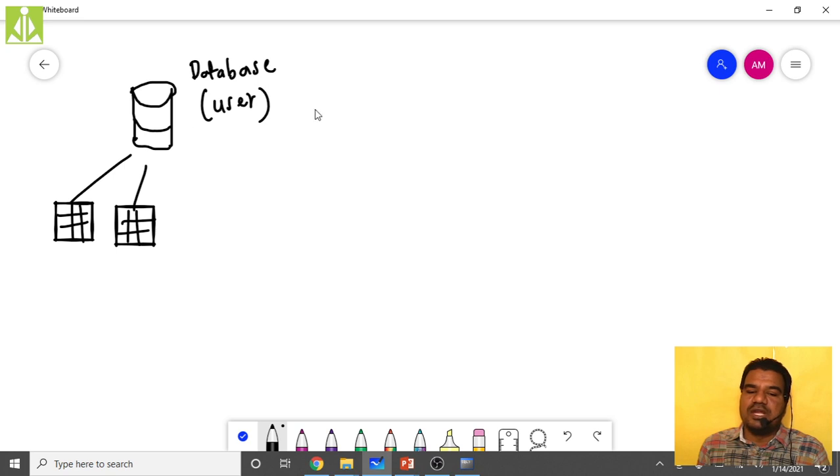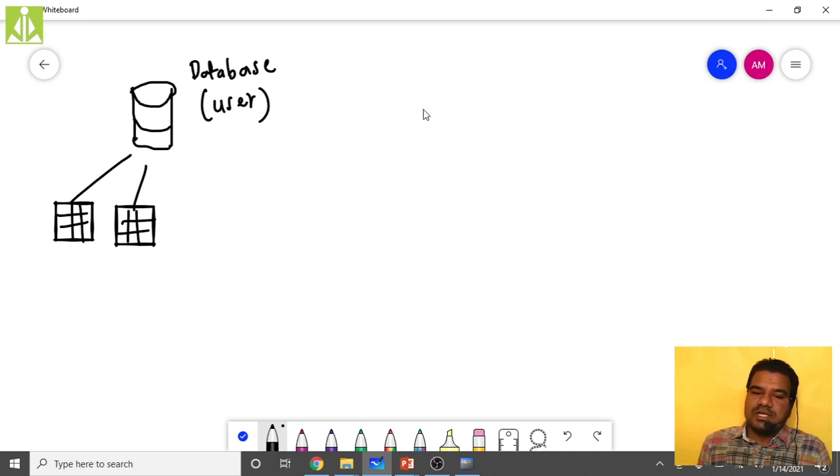First of all, I have to log into this user, and then I have to create this table, and inside the table you can have your records. So today we'll be discussing three important commands. Only three important commands I will show you, the standard commands, and we are not going to discuss any sub commands, only the standard commands.